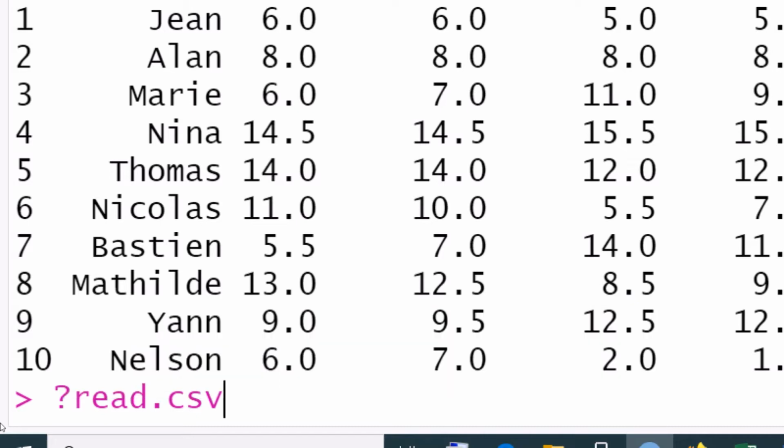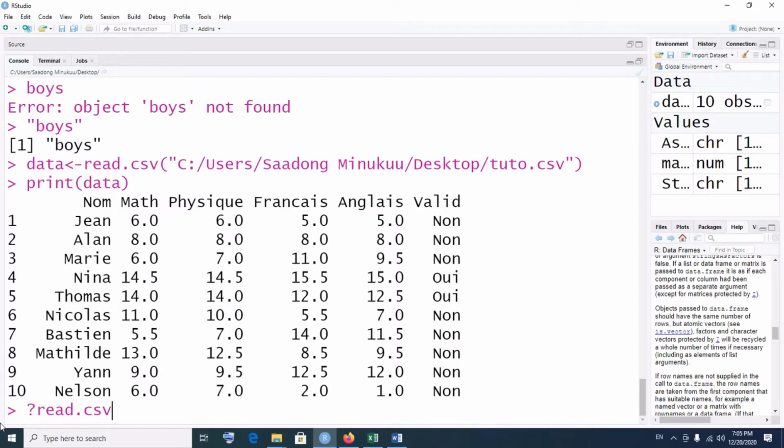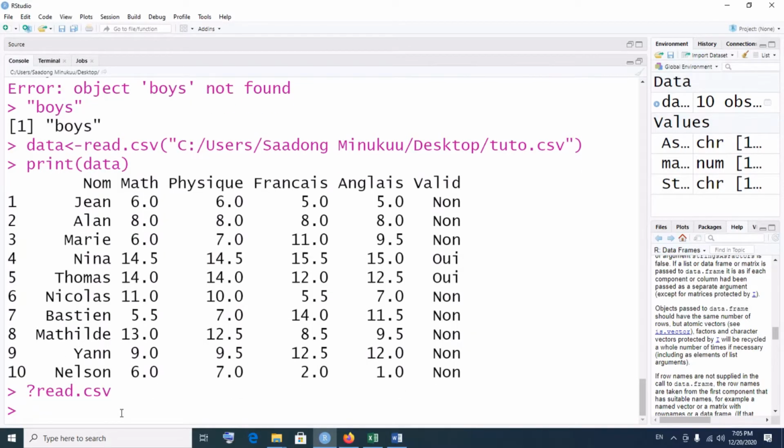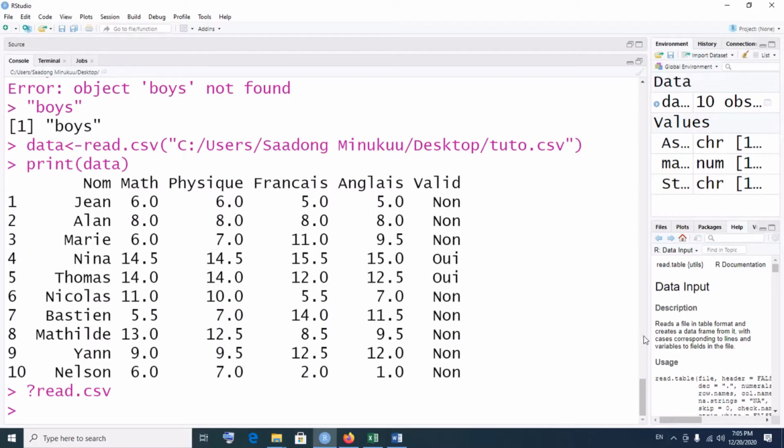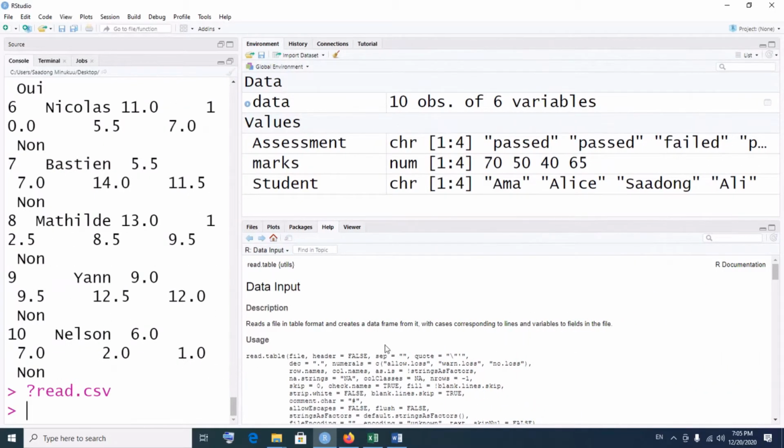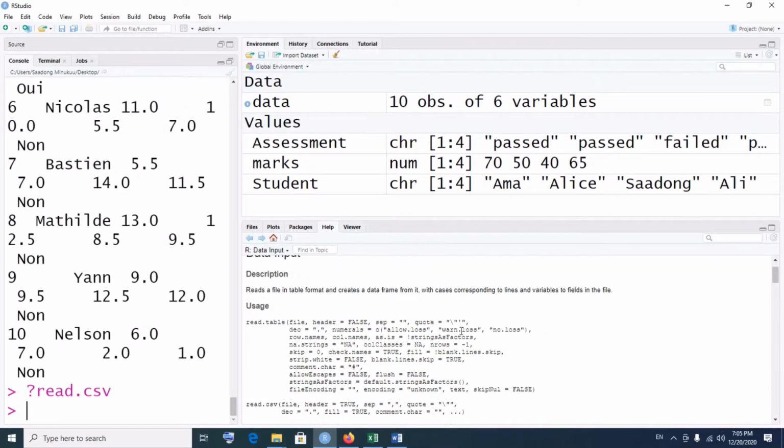If you hit enter, see what happens. Just write read.csv, use the help command, or write question mark read.csv. If you hit enter and you come to the help menu here, let's see what is there. In the help menu, you'd realize that